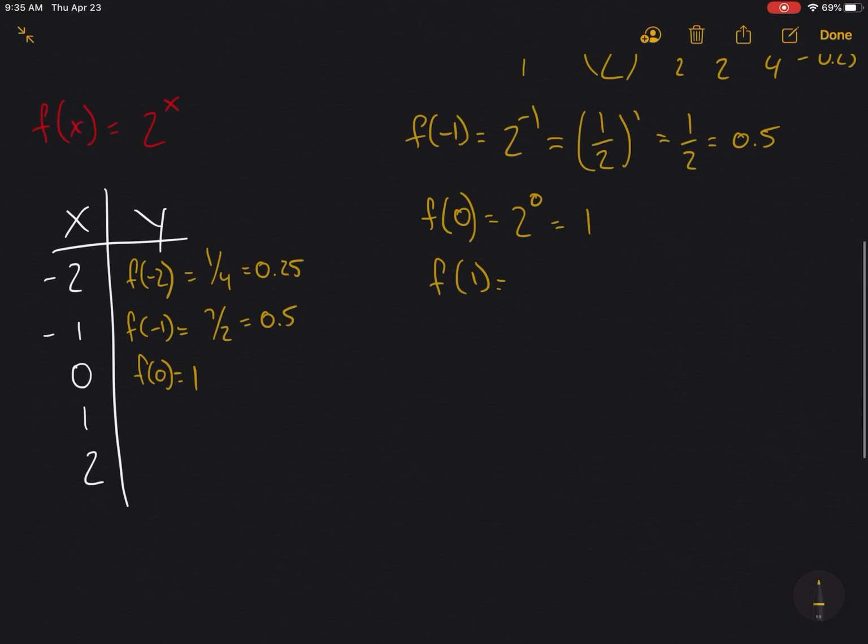f of 1 is 2 to the first, which hopefully we're starting to get a little more comfortable with as we come into the positives. 2 to the first is just 2. And 2 to the second, 2 times 2, is 4. So